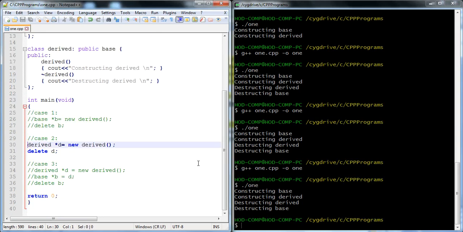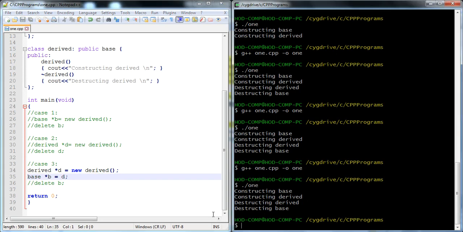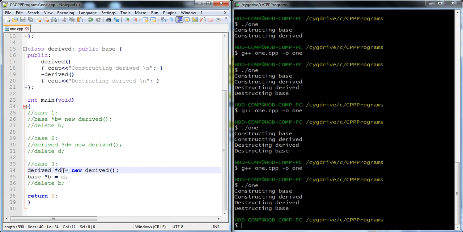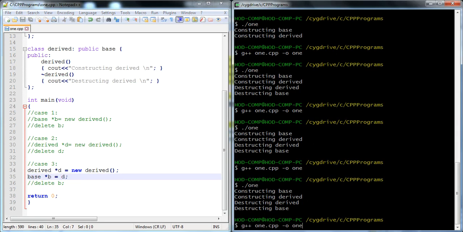Now this is the second case. Now the third case is again assigning the derived class object to the base class pointer, and then we call it. The logic is that we create the object or pointer of the derived class, then copy the constructor of the derived class, and then assign the D to the base class pointer. Then what will be the output?